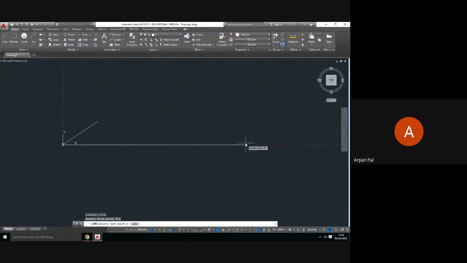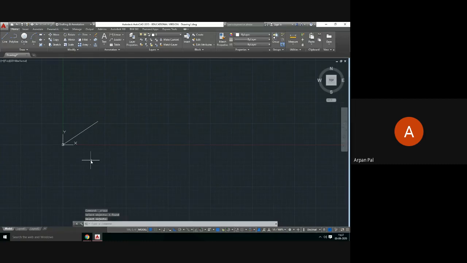That means it will come horizontally or vertically, and you can fix it, suppose 300, enter. So this is not impossible. And how to delete it? Just click on it. It will be selected in blue, and then press delete or the erase option.